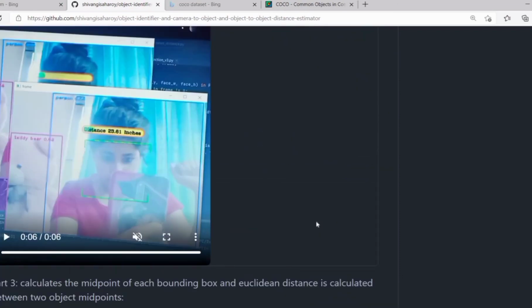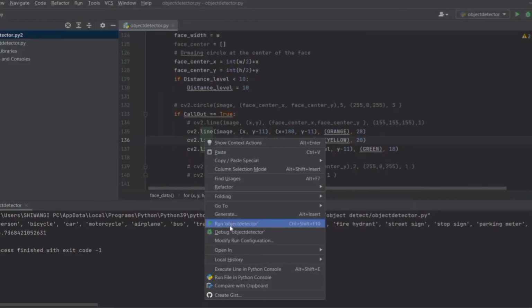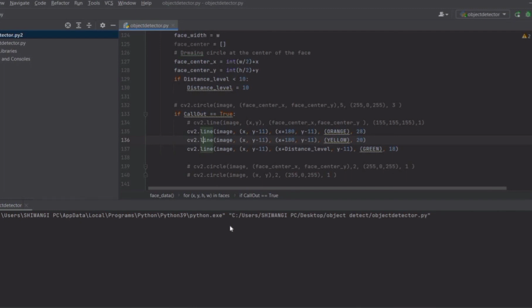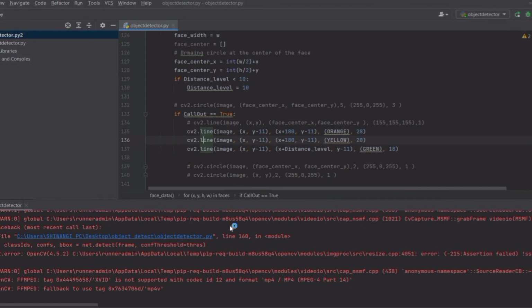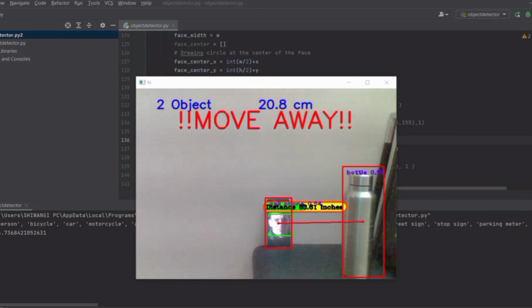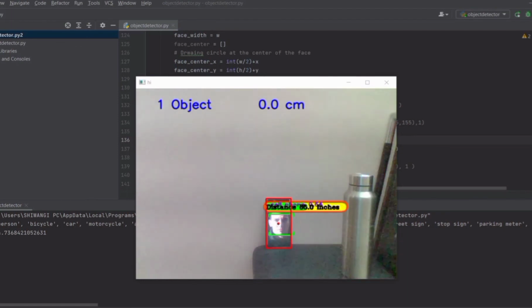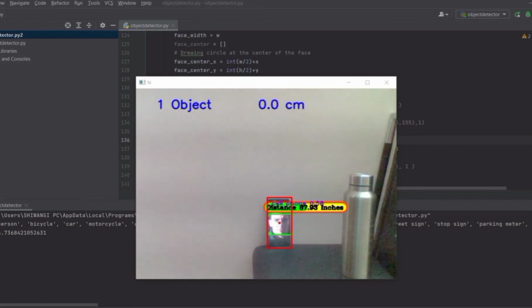Now I will be giving a live demonstration of the working. Now we are going to run this particular program here. We can see that these two things are getting detected: one is the bottle and one is the cell phone, in which there is a human-like face in the image.